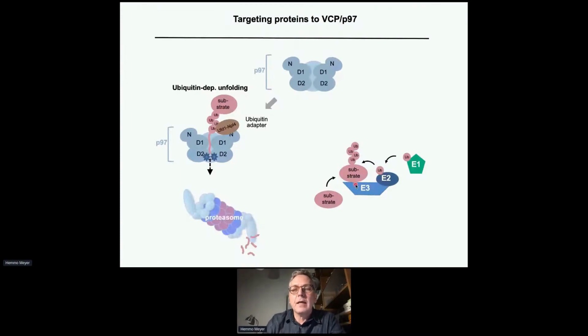You know that proteins can be modified with the small protein modifier ubiquitin through a cascade of enzymes, and this ubiquitin is then extended to a chain. P97 can recognize its substrate through this chain, but not directly, but through a specific adapter protein, the UFD1-NPL4 heterodimer that needs to bind to P97, bind the substrate, link it together, and then apparently also stick the substrate into the central pore of P97, where it's threaded through the central pore